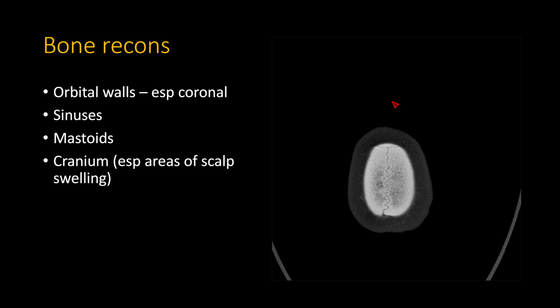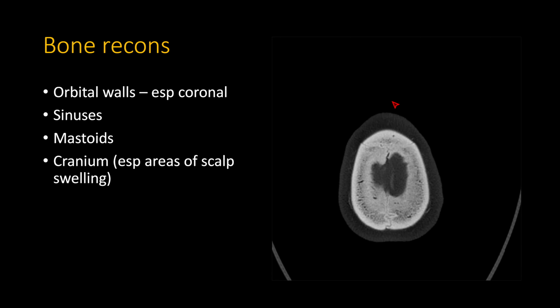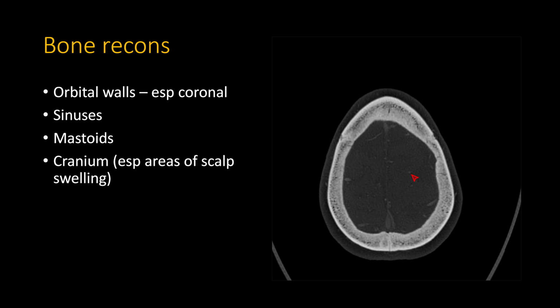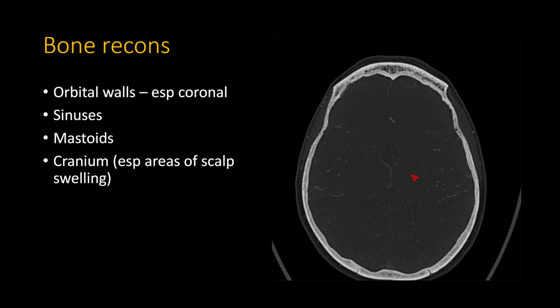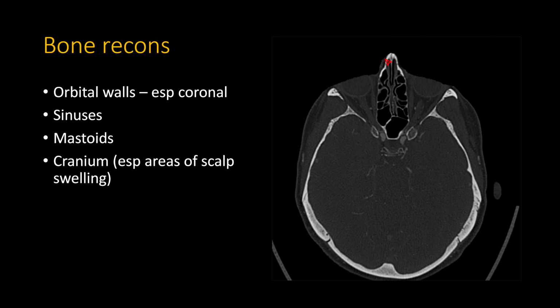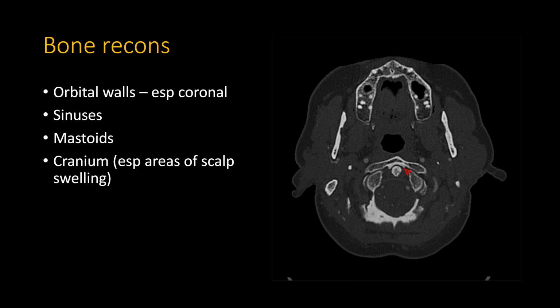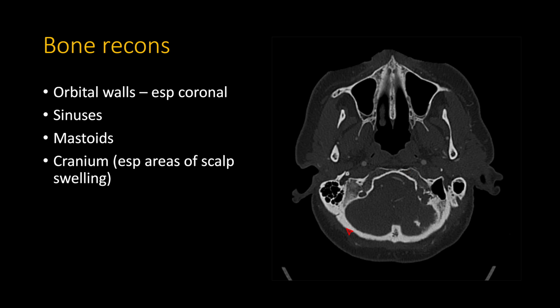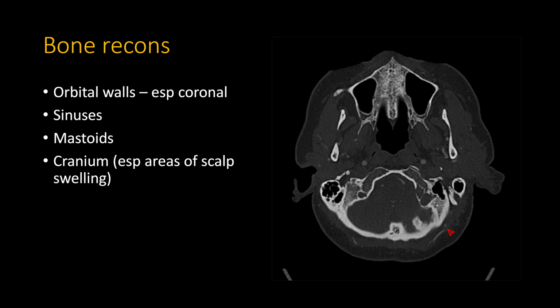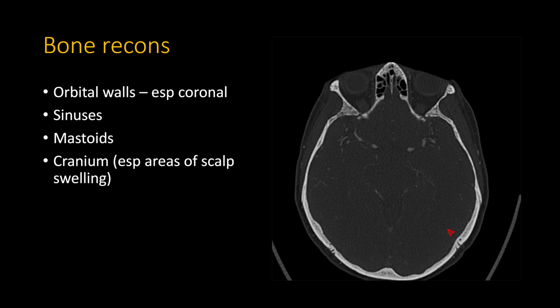So when I'm searching for the actual bones of the calvarium, I go anterior, looking mainly at the frontal bone. I go all the way down, ending with the nasal bones, looking for any nasal bone fractures that might be there. And then as I'm coming back up, I look at the posterior aspect of the calvarium, mainly the occipital bone,